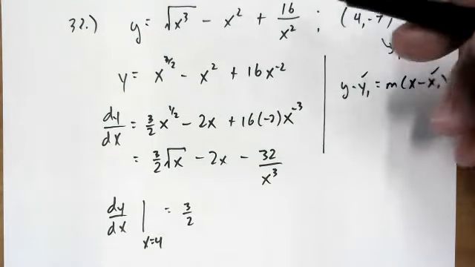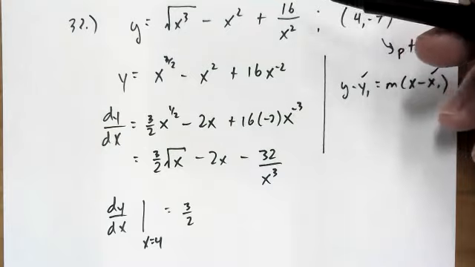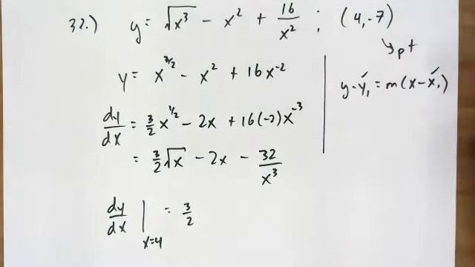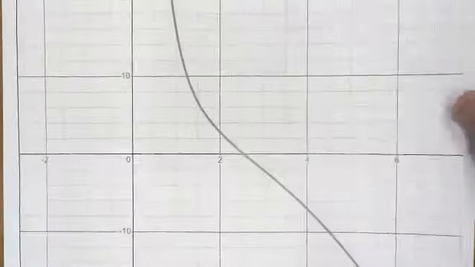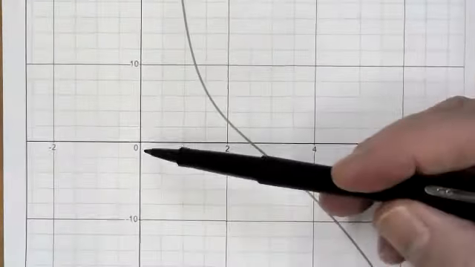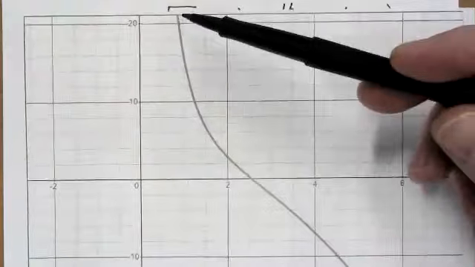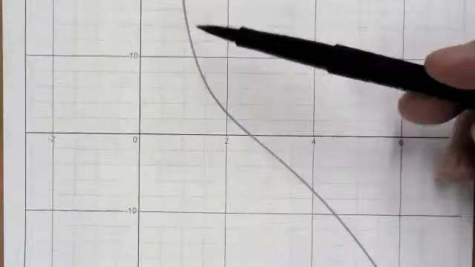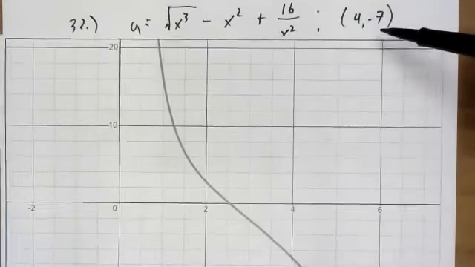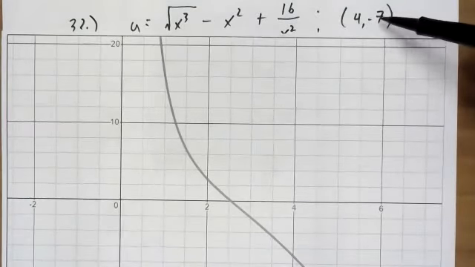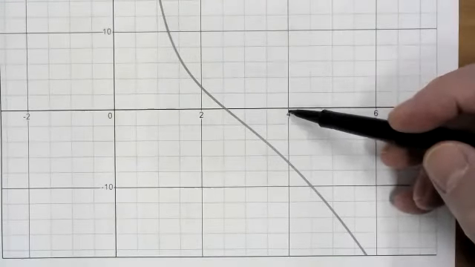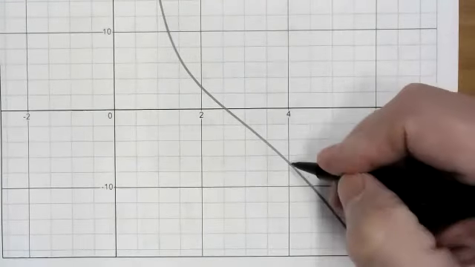Now, just for fun, before I finish this, I also have a graph for this equation, and it looks sort of like this. Looks a little funky. Here's the origin. So it sort of comes down, curves, starts to curve again. As it turns out, I'm going to be looking at 4, -7. So 4 is right here, -7 is here. So at this point right here,